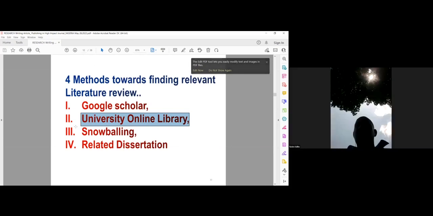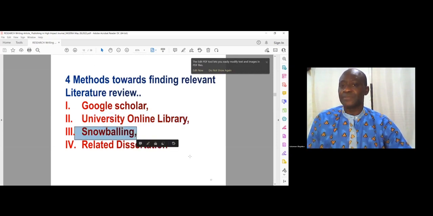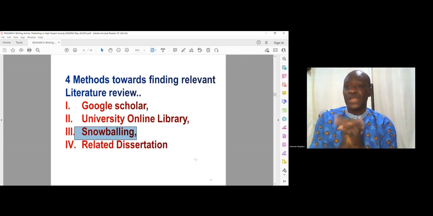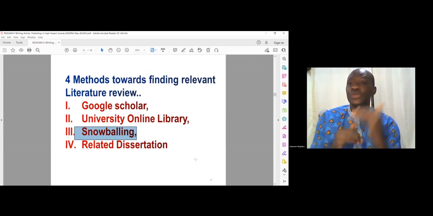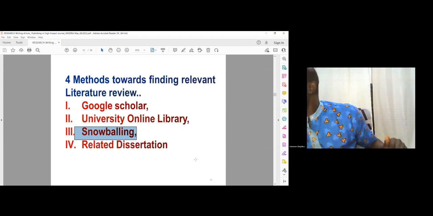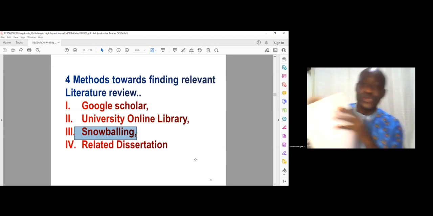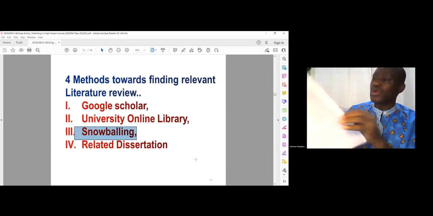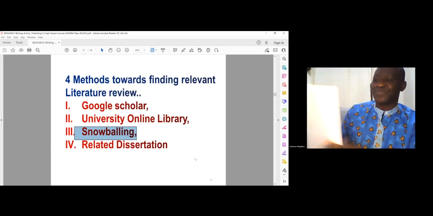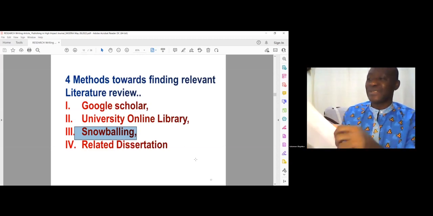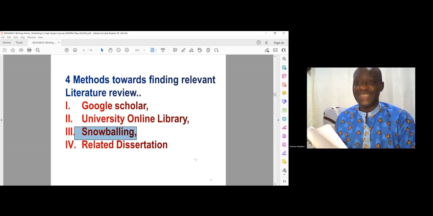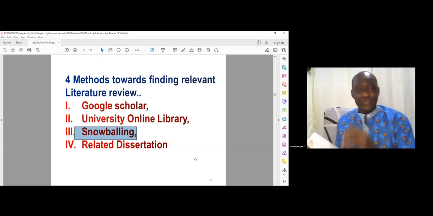I'm not sure if we are all familiar with snowballing. I'm not sure. But this is very good also. I will explain a little how we use snowballing. Once you have your article downloaded under the snowballing approach, you will go to the last page. I know you know the last page. What do we have on the last page? The reference. That is what we have on the last page. So in the reference page,